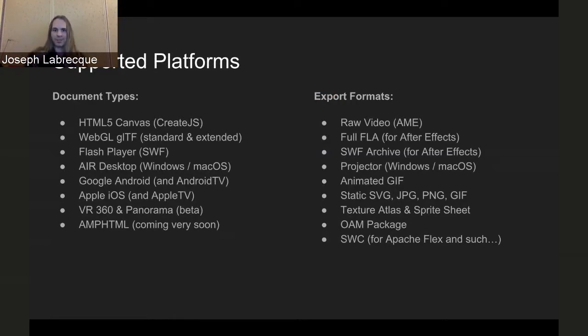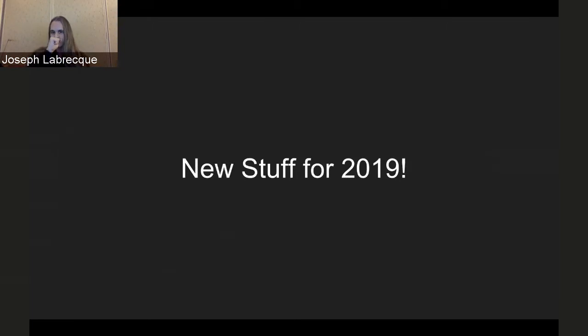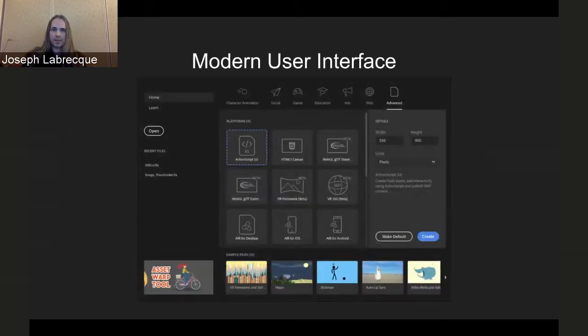So you can see there's a lot of different choices that you have when working in Animate. It truly is multi-platform. So some of the newer stuff that was added just a couple of months ago, one of the major things is that they completely overhauled the user interface, including what you see here is the